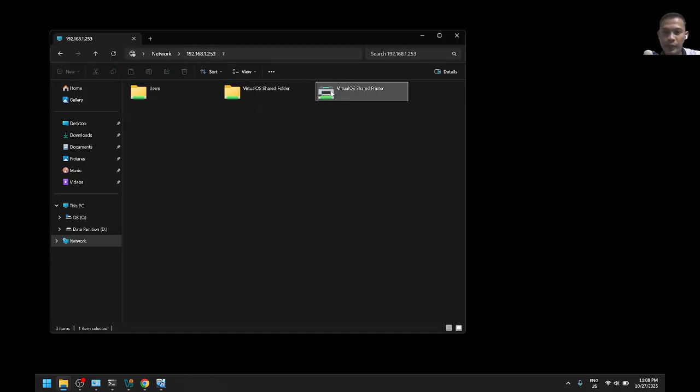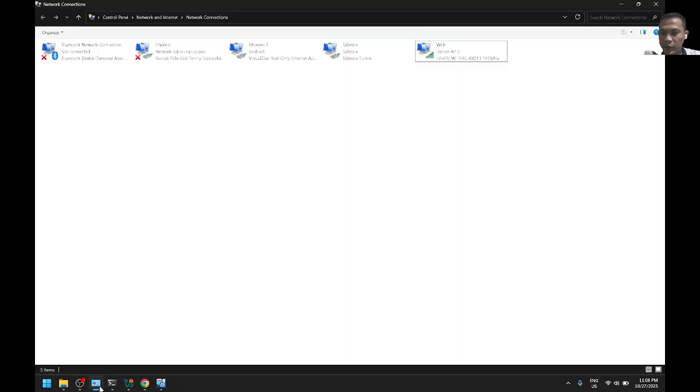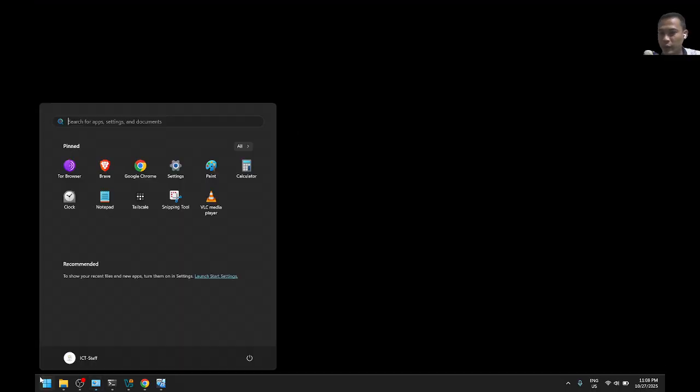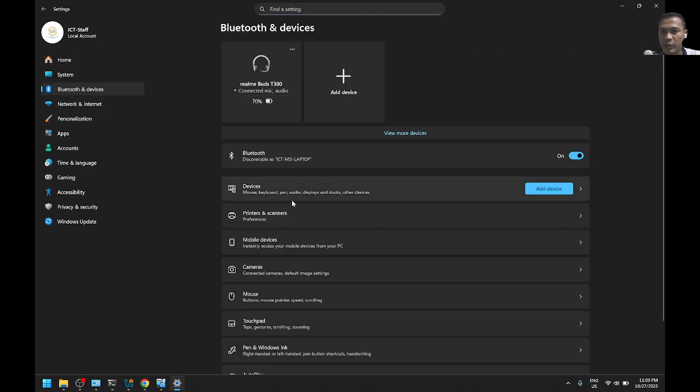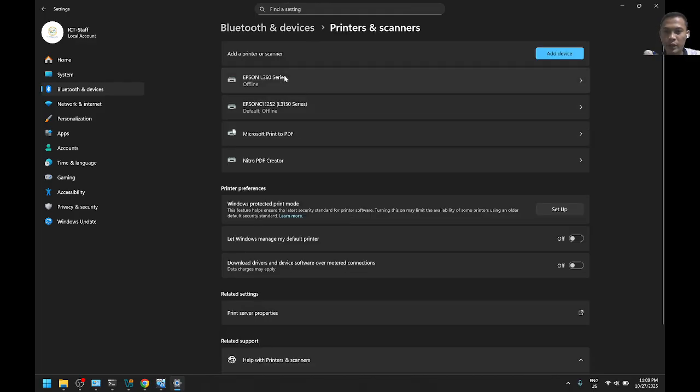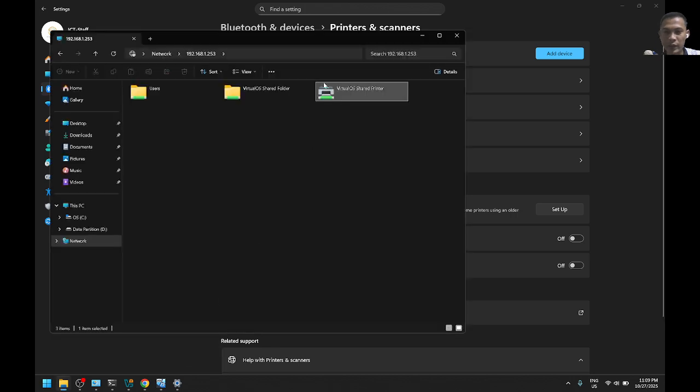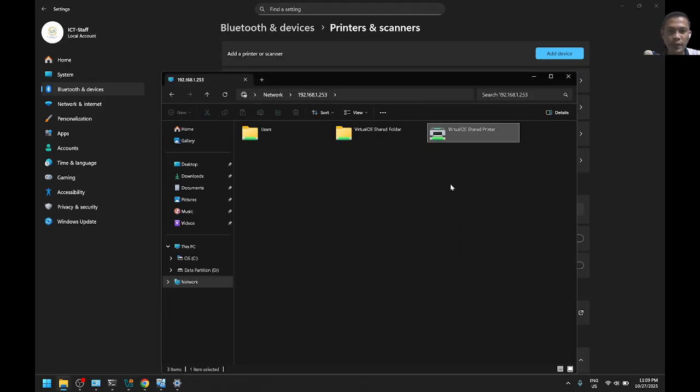So to add it to our base OS printers list, let's check here. Settings, devices, Bluetooth devices, printers. So we had 4 listed devices, printers and scanners. So to add it here, after accessing the shared devices on the network of the Virtual OS, double click or right click, connect.